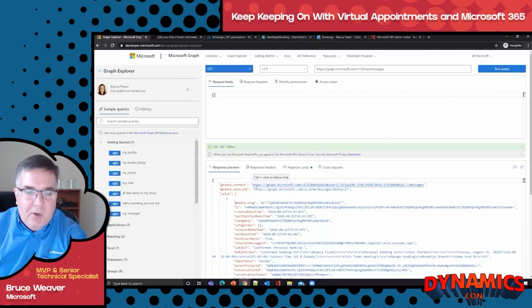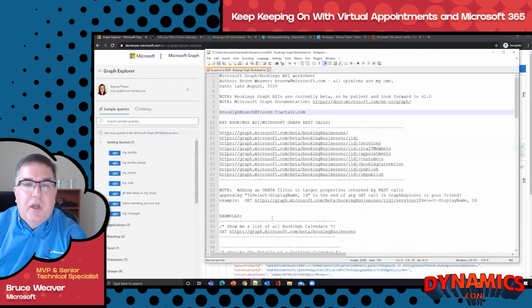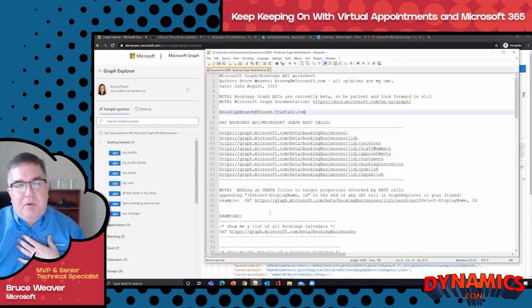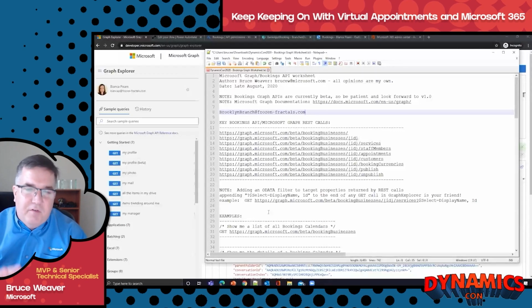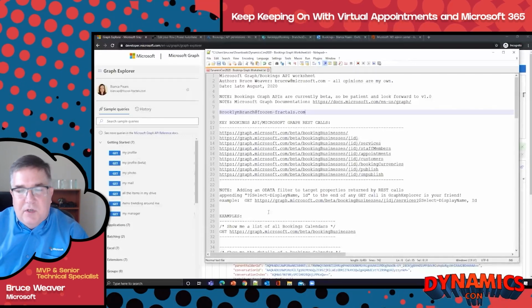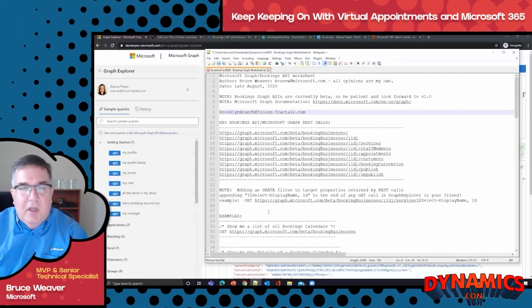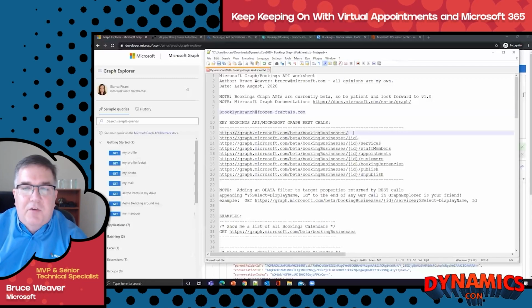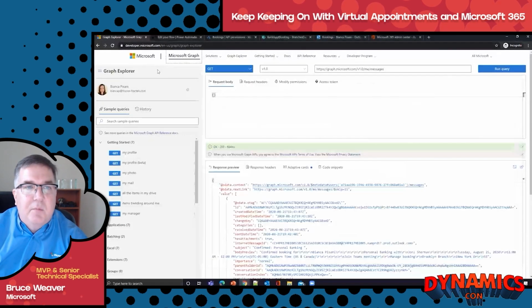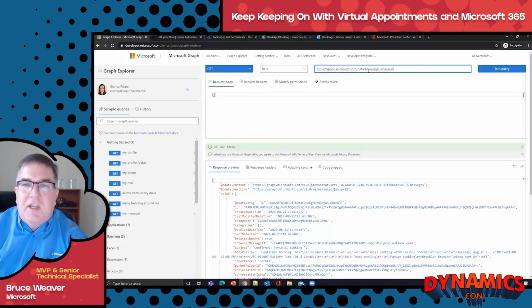So let me go ahead and I'm going to pull this up, a little cheat sheet or a worksheet that I put together just for everyone here that's joined us today. I'll make this available. You'll be able to download it afterwards by just looking at the PowerPoint we've got here. But these are a lot of the commands that we have available. So I'm just going to grab this first one here. We'll just get right to business. And I'm going to go ahead and pop this instead. We're not going to look at me anymore. We're going to go look at the bookings business itself.